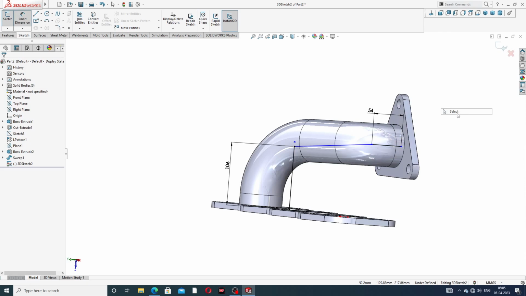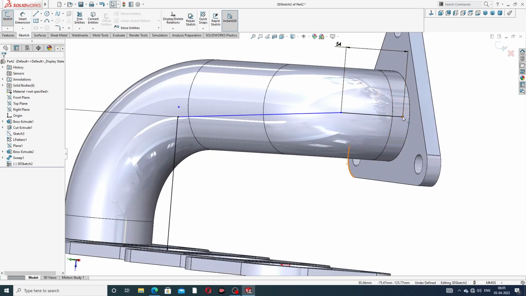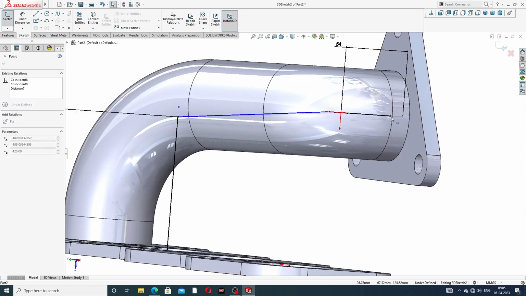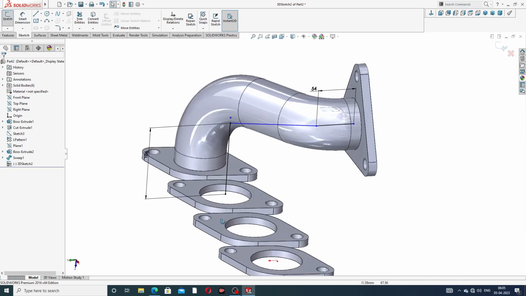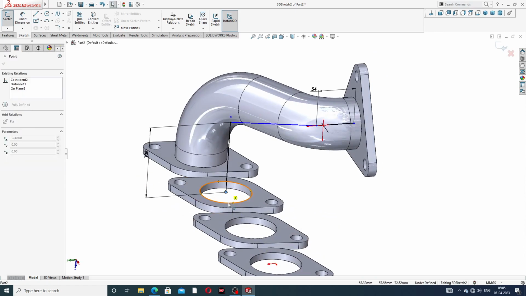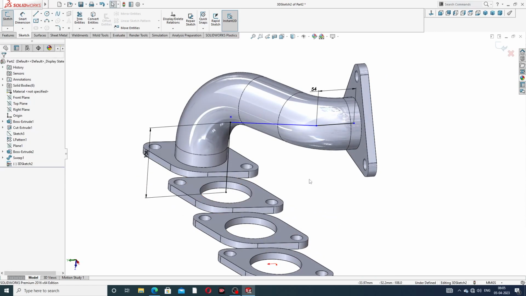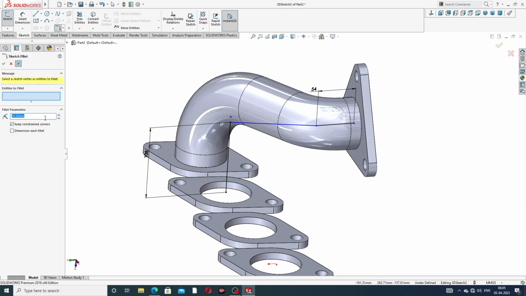Okay, and some drag a center line, connect to this, and also this, okay, this is okay, and fillet is use 9, this is use 68